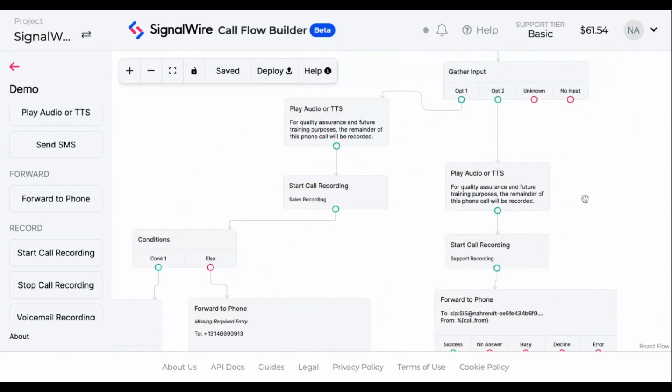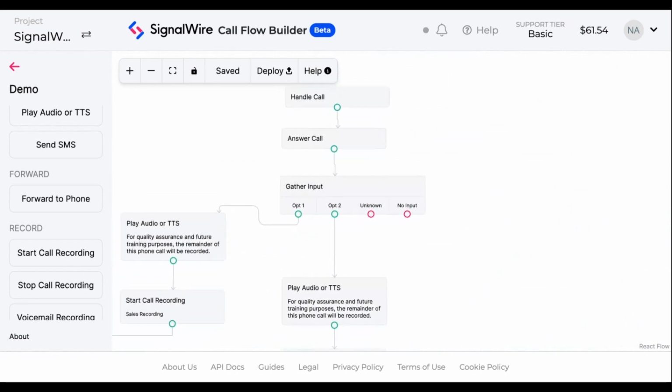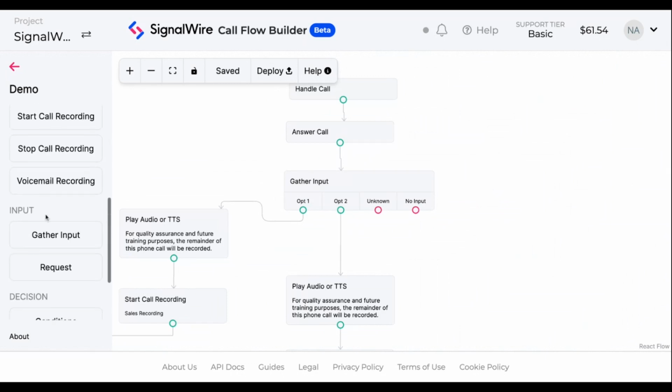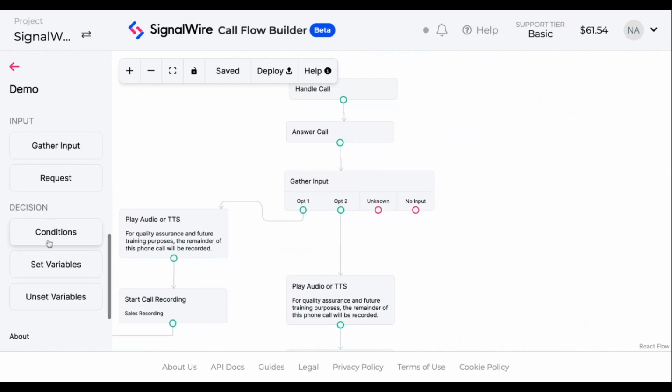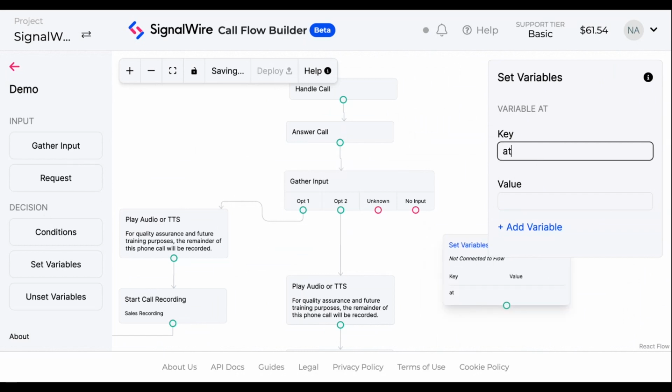to the Gather Input module and the pathways for error handling that I alluded to earlier in this demo. When building an IVR, it's customary to handle unexpected caller behavior using a loop that returns said caller back to the gather. In the Call Flow Builder, I can achieve the same functionality using the decision grouping of modules. The Set Variables module allows me to create a new variable specific to this call flow in the key field. I'll name my variable Attempt, and using SWML syntax,